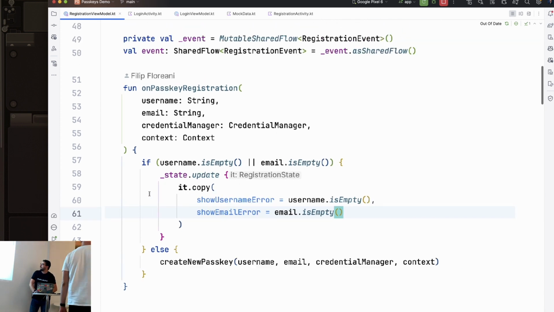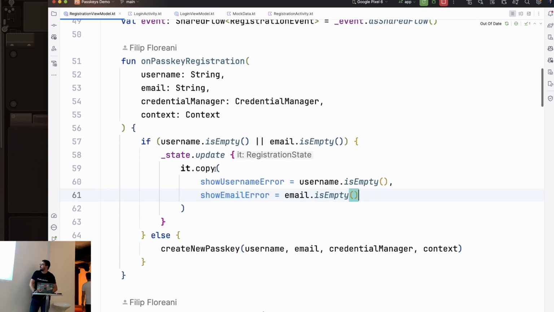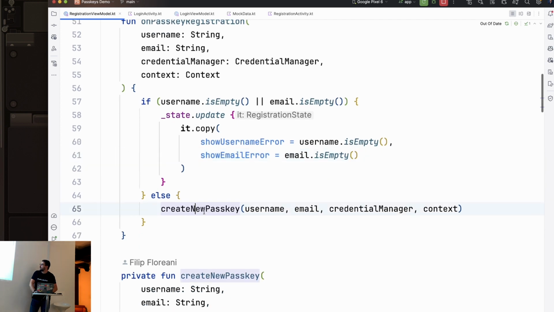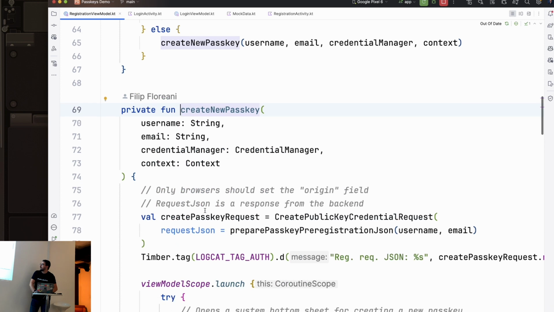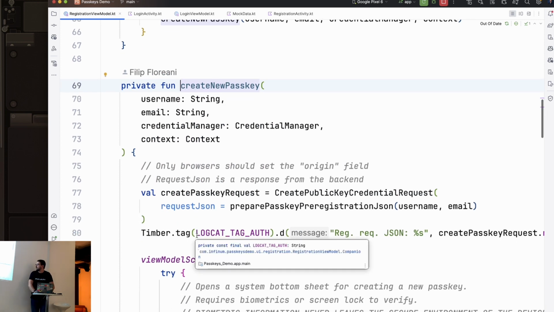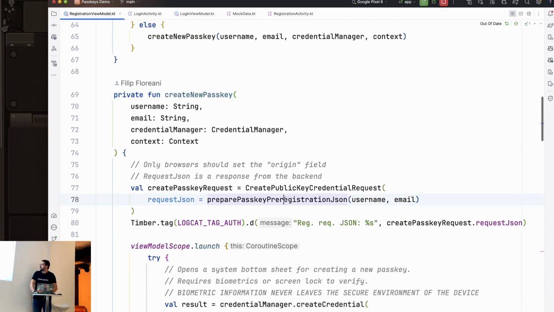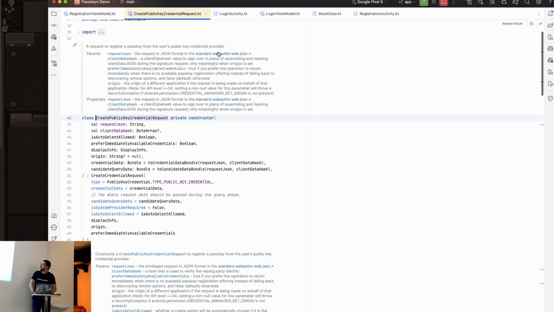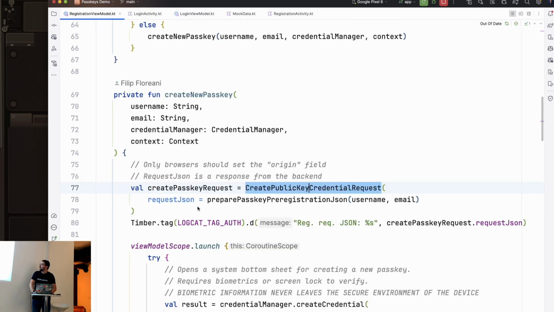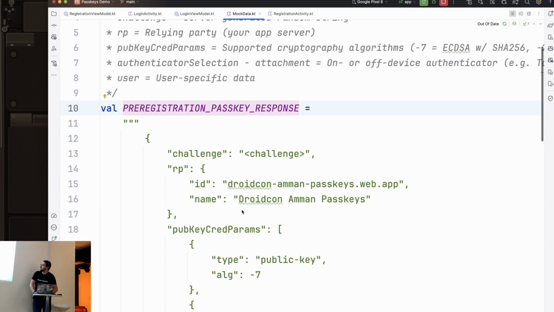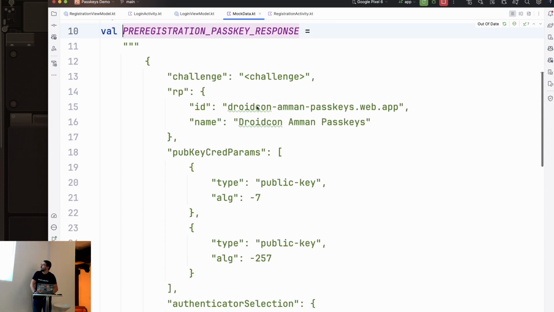All right, so we have a mechanism of just confirming that we have some kind of a username, an email, we create a new passkey. The mechanism is the same as demonstrated before. So we have this create public key credential request, which is again a method from the credential manager. This is just a mock of the response for registration.